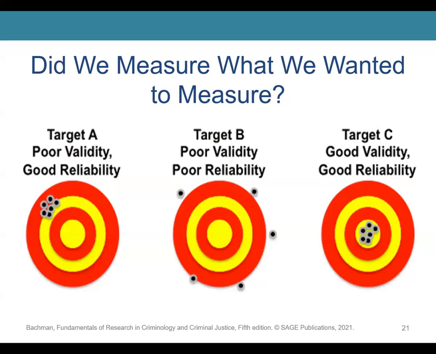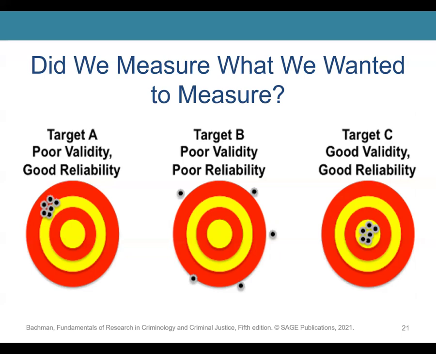So, reliability: consistent scores of a given phenomenon. This one I used target practice, right? Reliability means that the measurement yields consistent scores as long as the phenomenon being measured is not changed. If a measurement is reliable, it is affected less by random error and chance variation. That is unreliable if it is a prerequisite for a measure of validity. So this is what I mean.